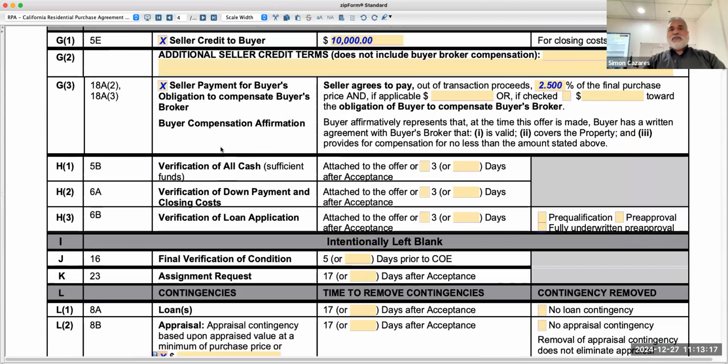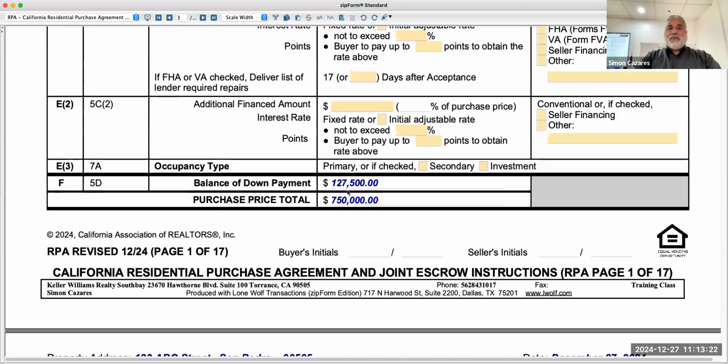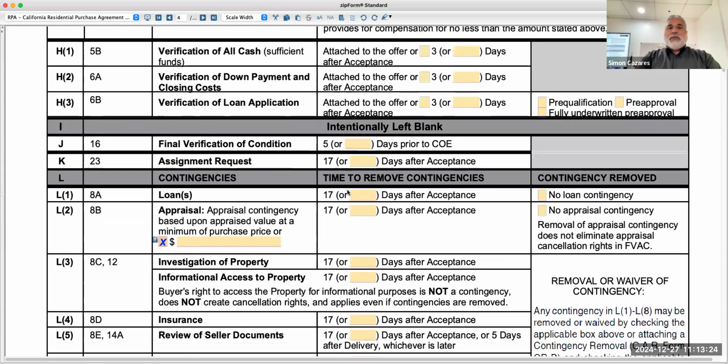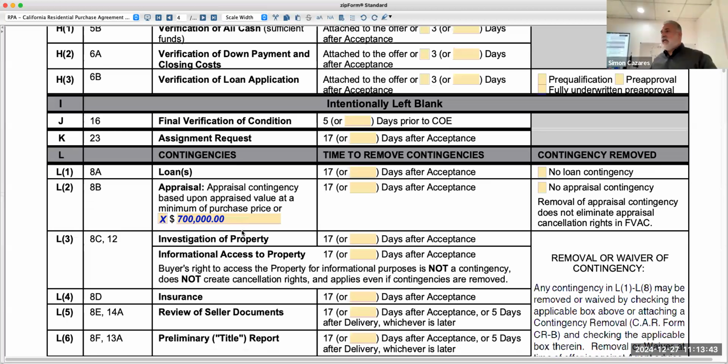So let's just say, for the sake of today, the offer is 750. But the buyer really truly wants this property. And the buyer may say, look, I'll buy the property even though it's less than what I offered. Then here you're going to put the maximum that the buyer is willing to come in with for the difference. So in this case, what you're telling the seller is, look, if it doesn't appraise at 750,